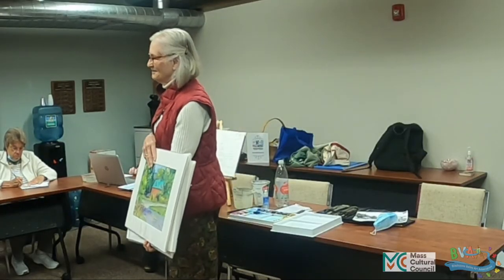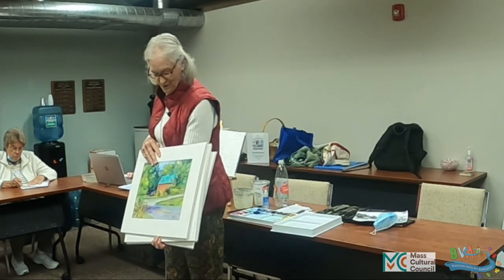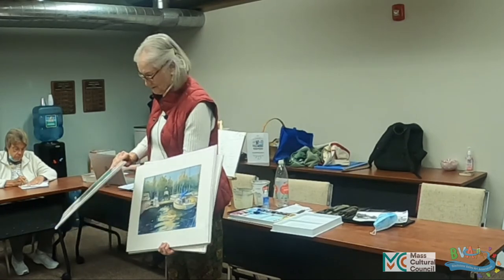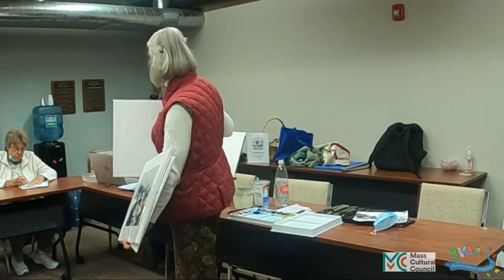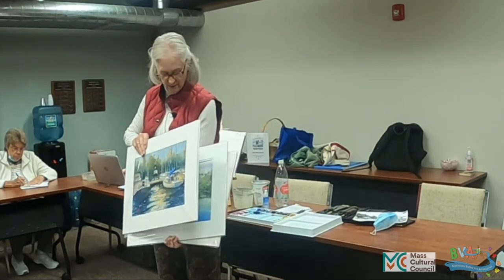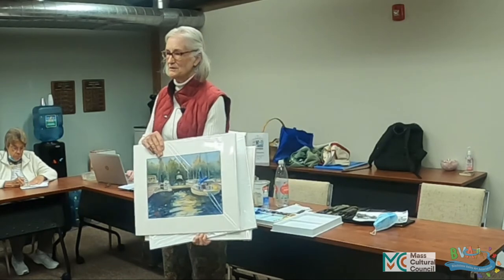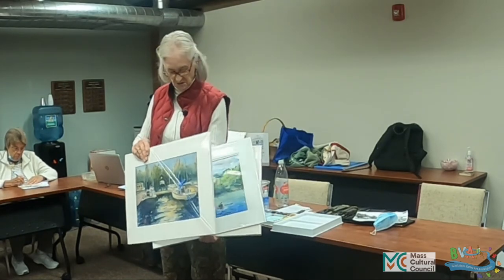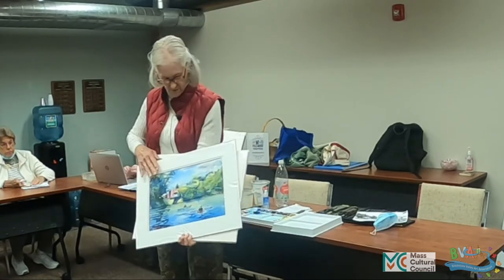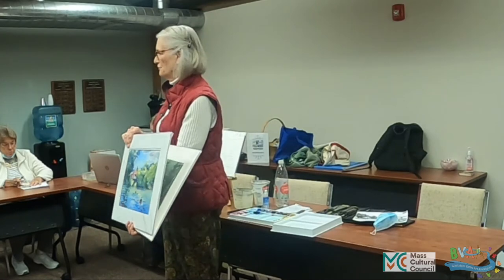I just like to paint an impression of what I see. And so this is Vermont. This is Maine. And mostly I paint from my own photographs, but sometimes I lift some from Facebook or whatever. This is Maine, and this is a pond in Medford, Mass. My son lives in Medford,